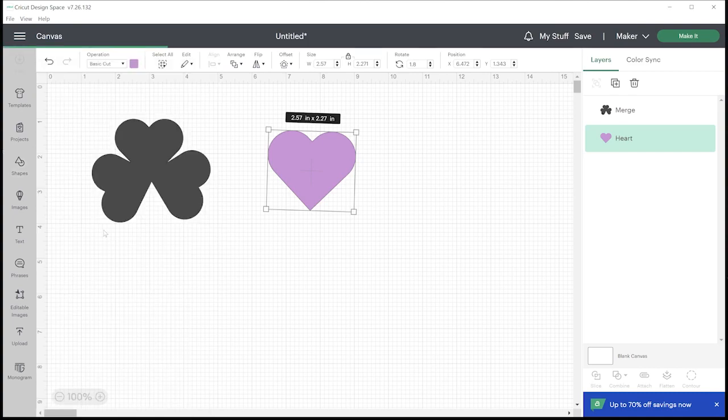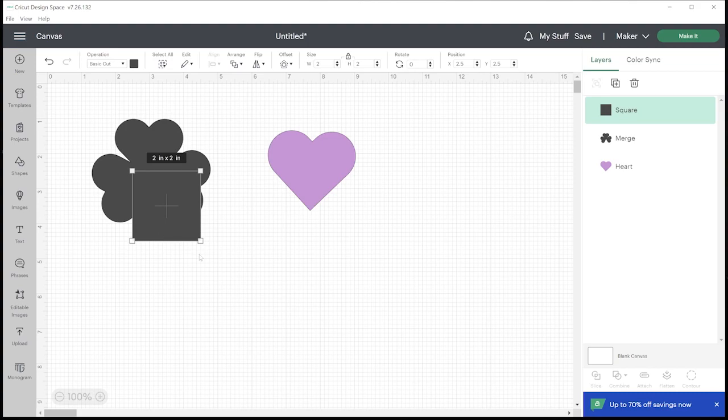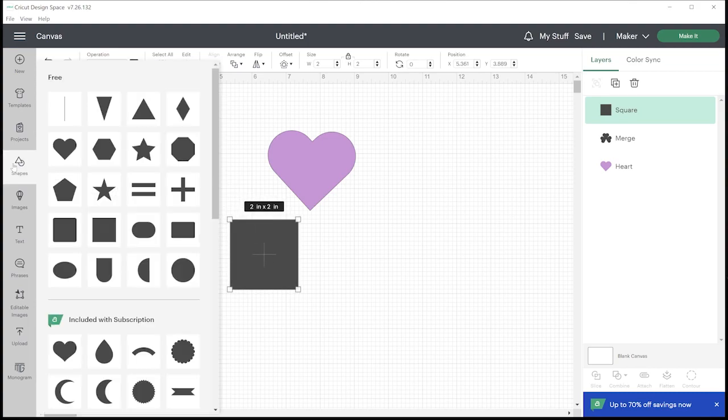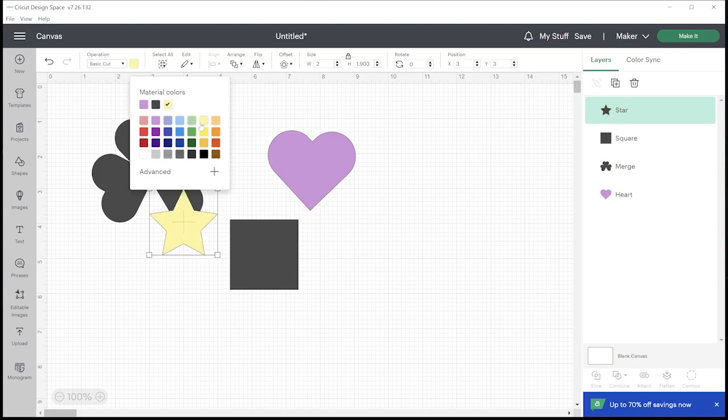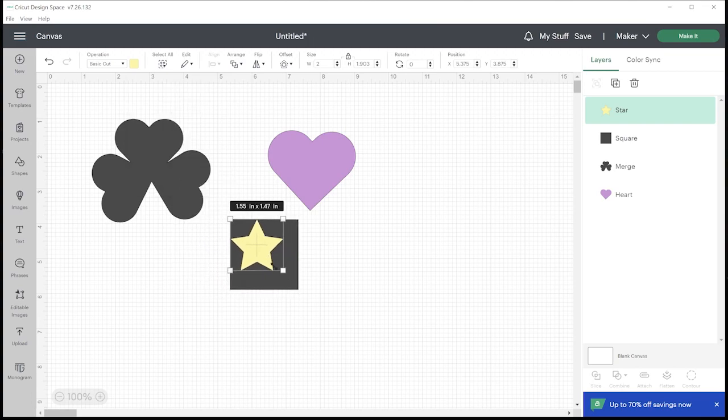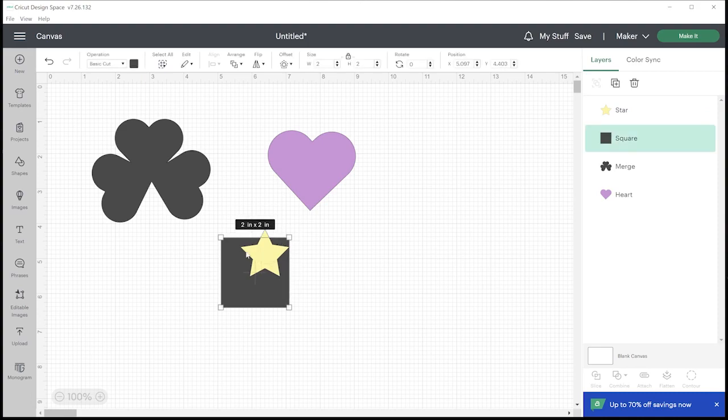The other thing that you can do is that, say you want like a little frame, and you want to cut another shape out of it. I'm going to change the color so you can see this. There's again a couple of ways we can do this. We can layer them like this. And the feature that you can use to cut this star shape out of this box,